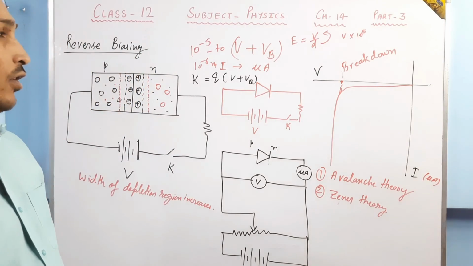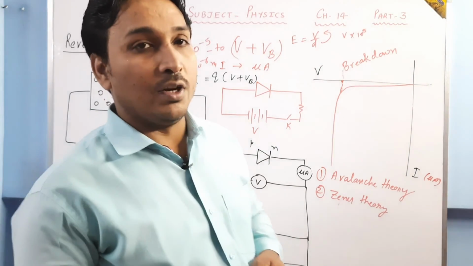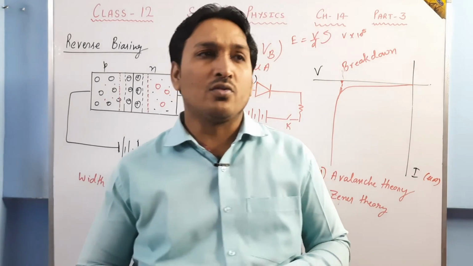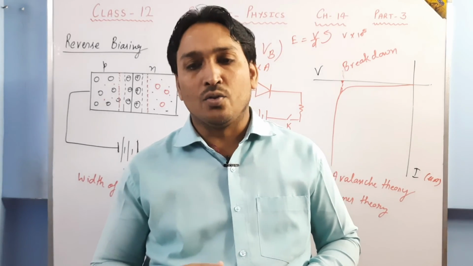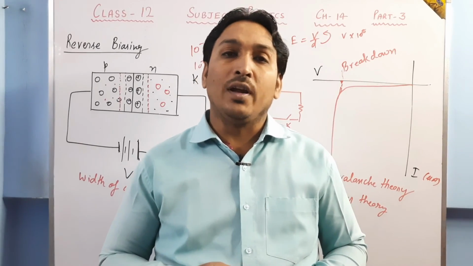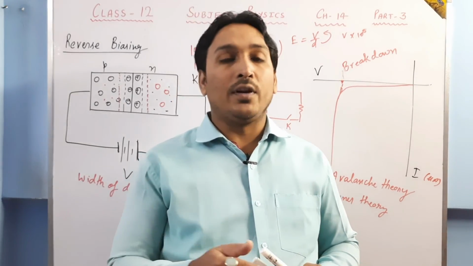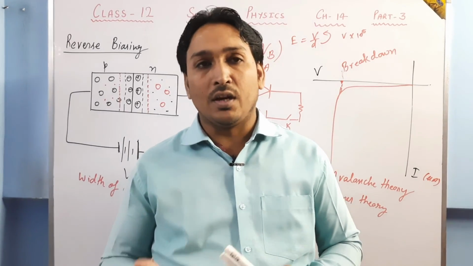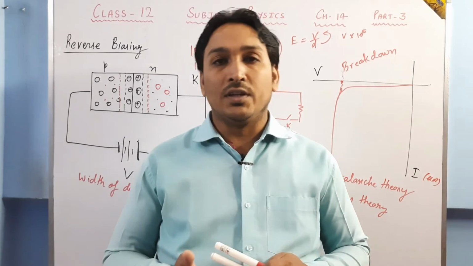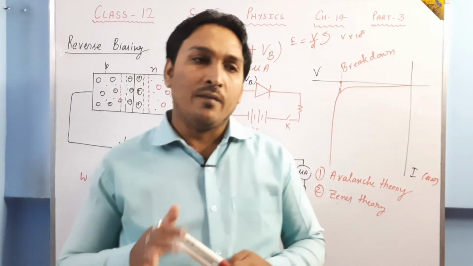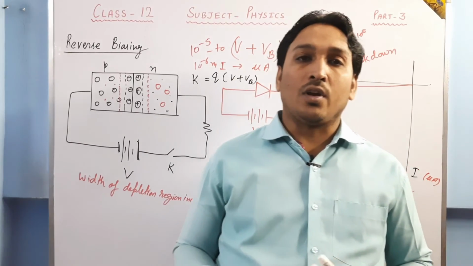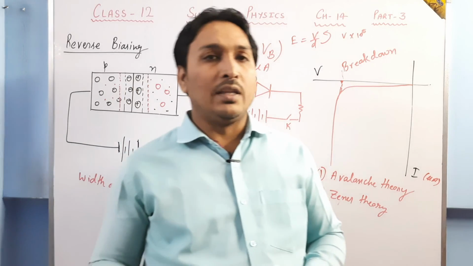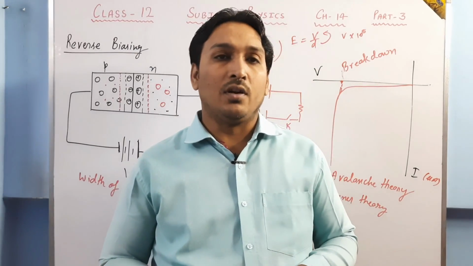So, I think this is all for the day. In the next video lecture, we will study a very important topic which is surely going to come in the board examination, because so many things have been deleted. That topic is the rectifier: the half wave rectifier and the full wave rectifier. We will also discuss some photonic PN junction diodes. There are three: the photodiode, the LED, and the solar cell. With the solar cell, the chapter ends. I think a maximum of two video lectures are still left, which will be done after some time.